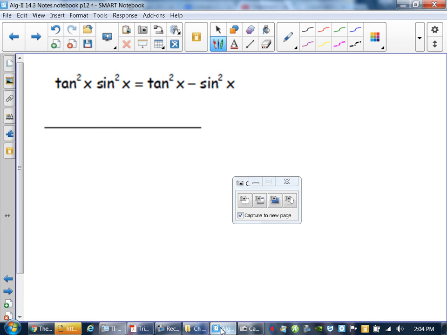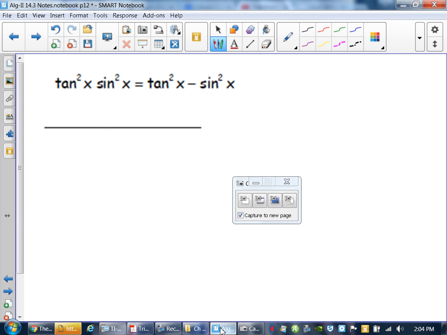So in my mind here, I know that cosine squared plus sine squared is 1. I know that 1 plus tangent squared is secant squared. And I know that 1 plus cotangent squared is cosecant squared. So if I manipulate some of these things, there's got to be a way that I'm going to be able to rewrite them